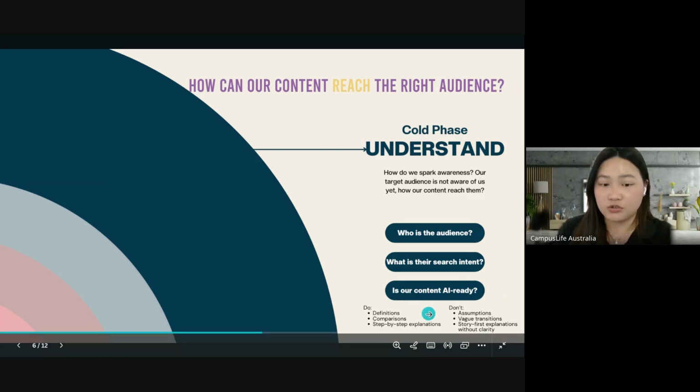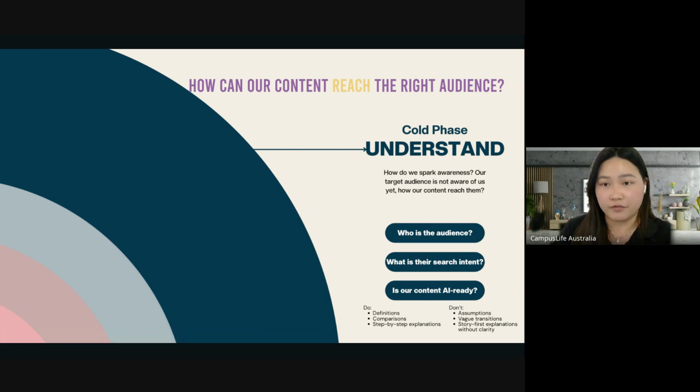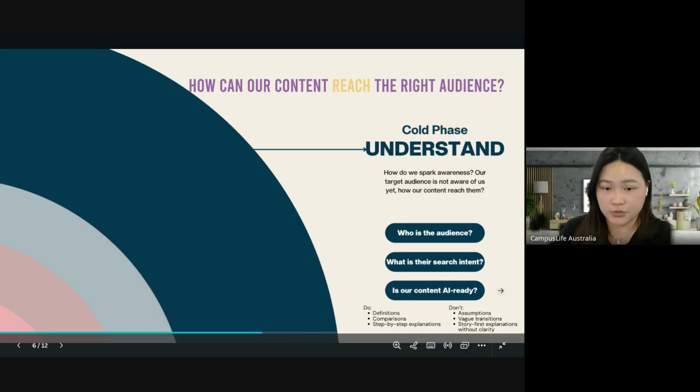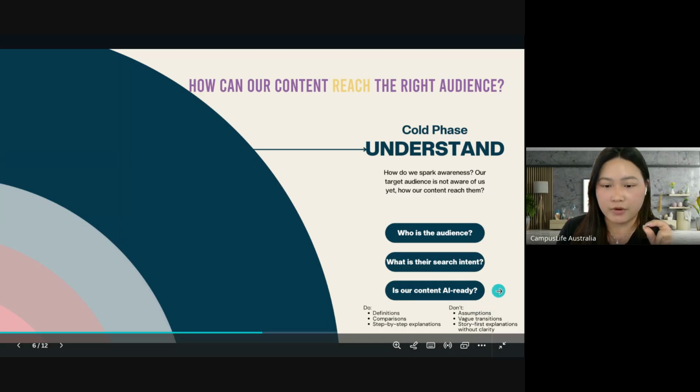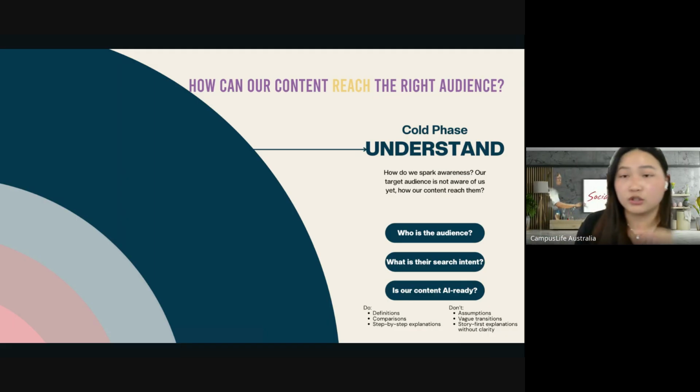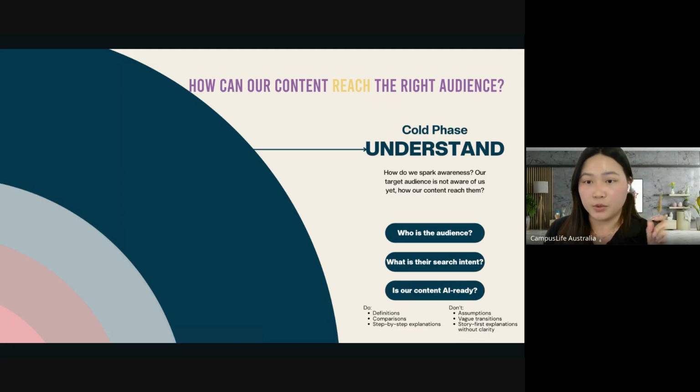Aside from the things that we should do, there are things that we should not do as well. For example, AI content could be very generic and we want to stay away from it. We want to stay away from assumptions, any vectorization, any story-first explanation without clarity. Now, I think this one we need to be very conscious about, because as part of our expert marketing system that we do for our clients, we do a lot of personal blogs, right? Which is personal insights, personal stories. It is a really important part to form trust and to form